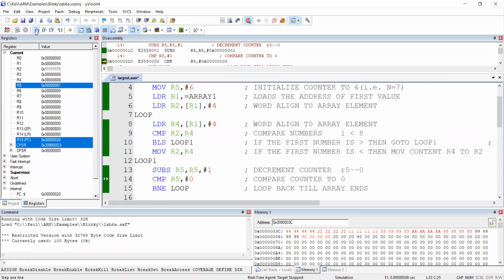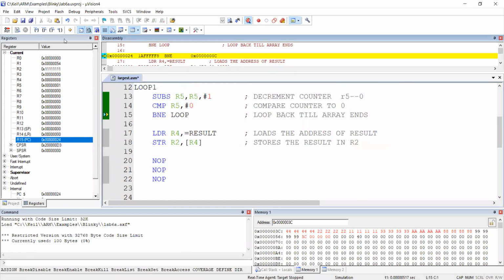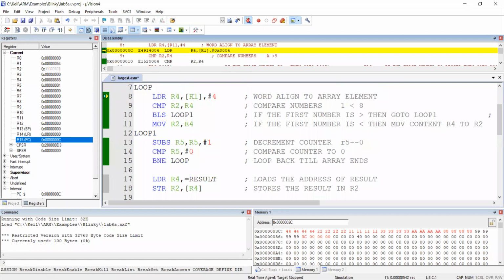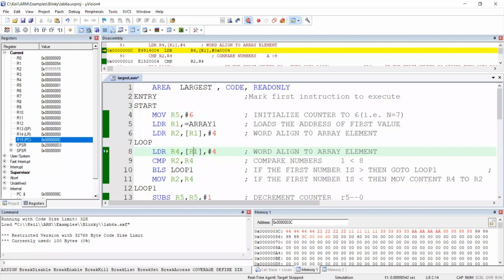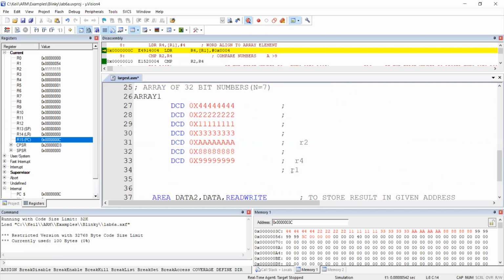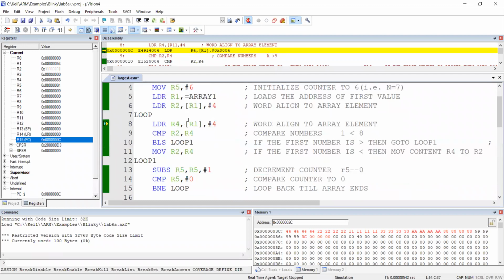Okay, since 1 more comparison is there, again we have to go back to the loop. So what will be the new R4 and new R1? Don't worry about R1 because it is going beyond the array, like how I have written.